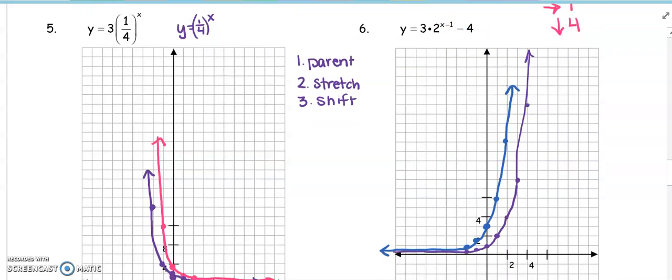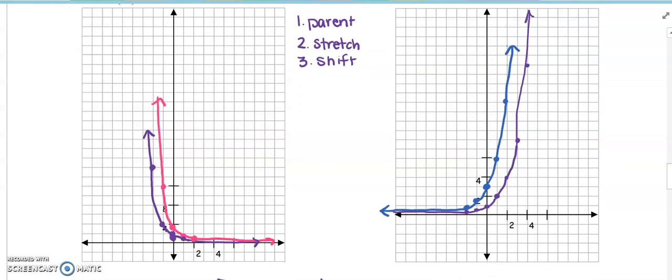So each of these points here, we're going to now move over to the right 1, and we're going to go down 4. So 1 to the right, and then 1, 2, 3, 4 down. Starting here, 1 to the right, and 1, 2, 3, 4 down. 1 to the right, and then 1, 2, 3, 4 down. So if we go ahead and graph this now,